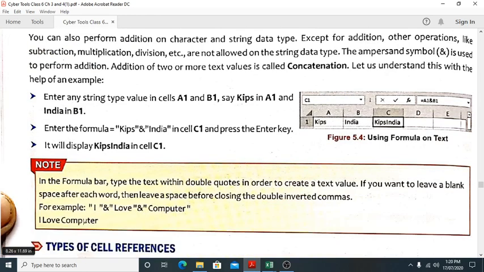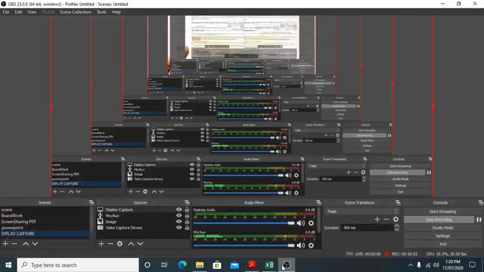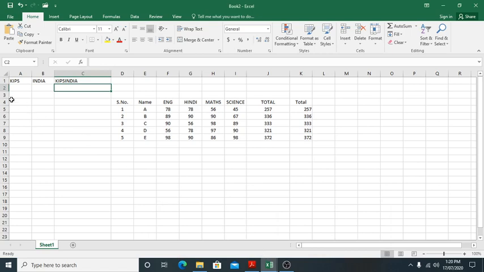Now there is given I love computer. So see everyone, here we are writing. Okay, I love computer. Equal sign, then what? A3. Then ampersand sign.